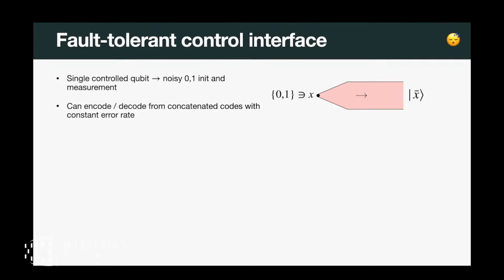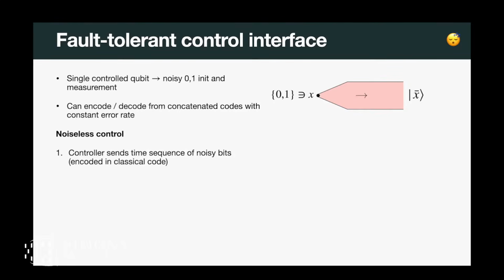So the picture you should think about is in terms of these ribbons. So I had 1 qubit, and it got bigger to the full ribbon, and I have some noisy state. Cool. So now I can compute on this thing. And to get noiseless control, I'm going to do something very simple, which is I'm going to use a classical code.